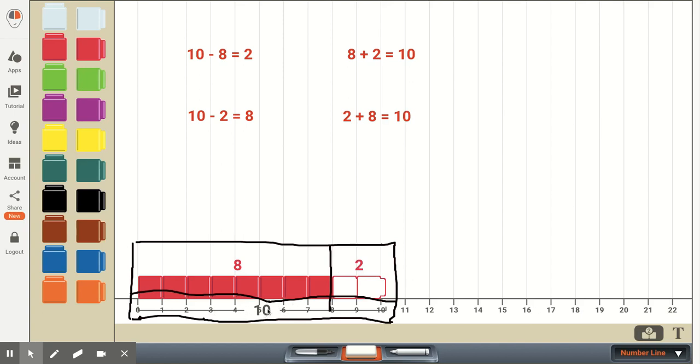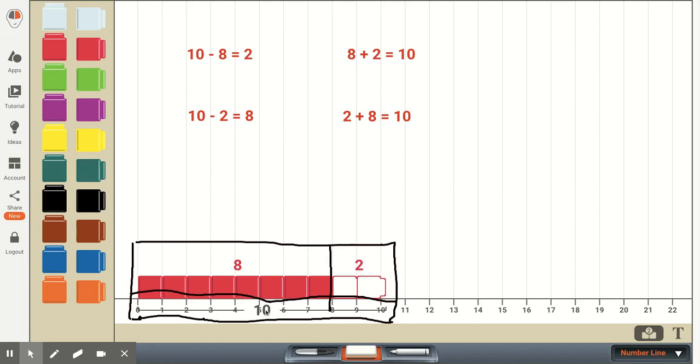And as far as if we subtract or we break apart, and we start with 10, or the whole of 10, make sure your students, your first graders, understand that when we're saying part whole, we're not talking about a HOLE like the hole in a donut, but we're talking about the WHOLE, the entire amount. So you can make sure that your first grader is clear on that. So the whole, the entire amount, the 10, when we have 10 and we take one of the parts away, 10 minus 2, it equals 8.